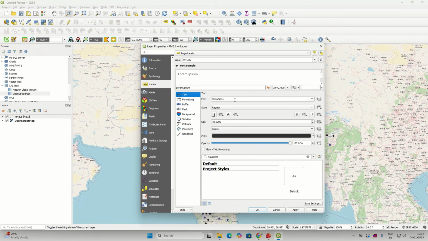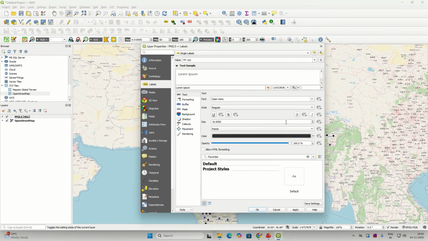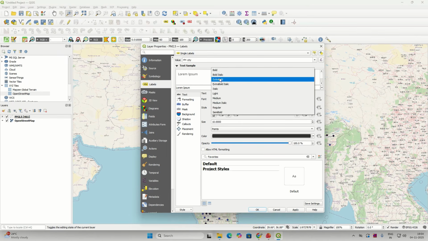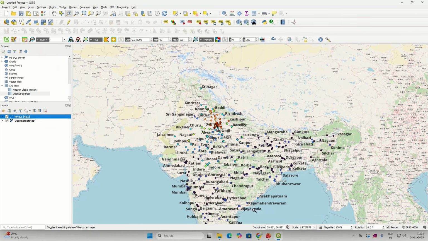You see which font you want to display in, whether it should be bold or regular or italic, size of the label. There are n number of options, color of the label, font, you will get so many fonts. So I am keeping default. Maybe I will take bold because I have a background map, it should be visible. So size, say instead of 10 I will go to 12, and then I will click on apply. OK. So you see